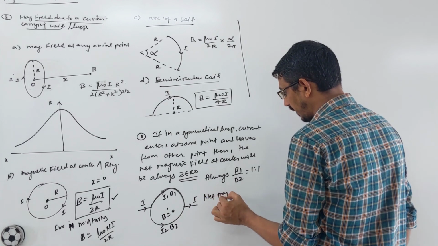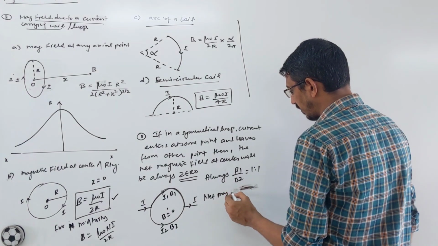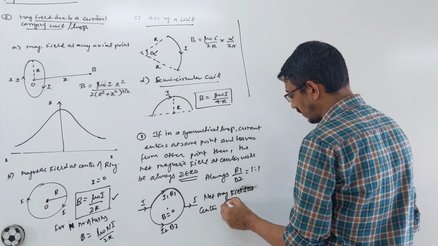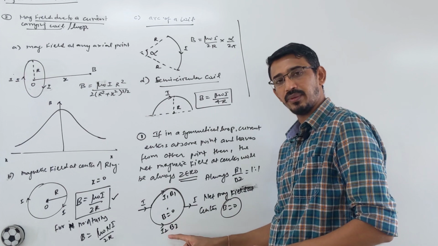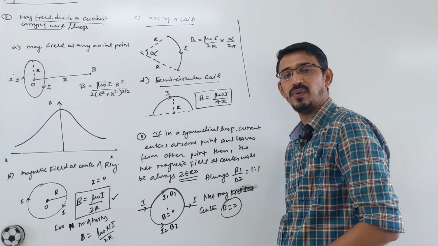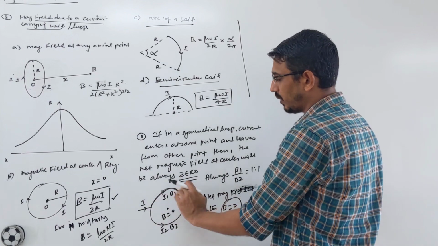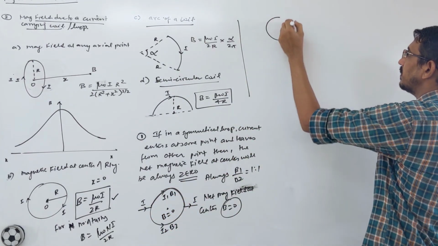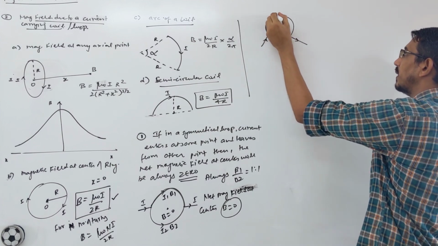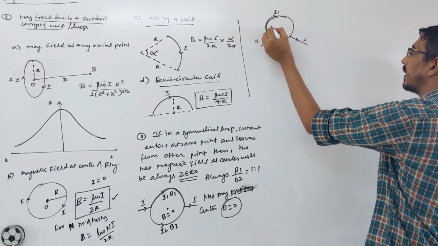Net magnetic field at center, you write it properly, will be always 0. The magnetic field due to that part and that part, where current flows this way, will always be equal and opposite, so the net magnetic field will be always 0. And it's not always that the current divides into equal parts. Suppose you have this situation, where current enters at this point and leaves from this point. Now they are not equal in length, but the answer remains the same. Still the magnetic field will be 0.